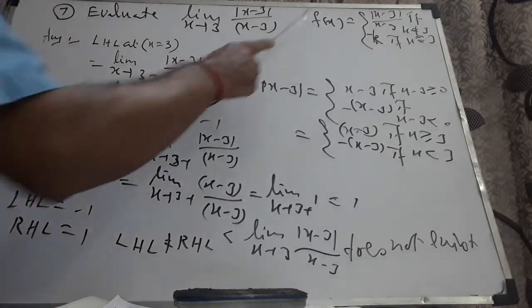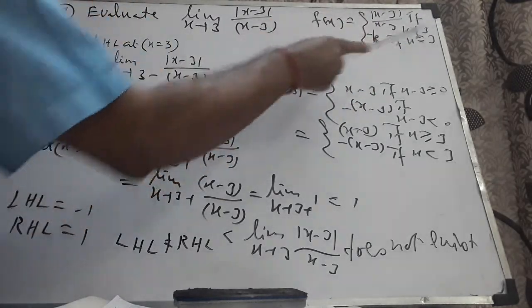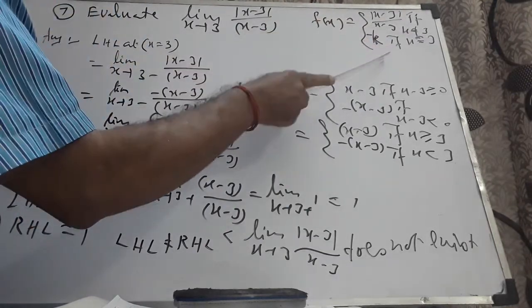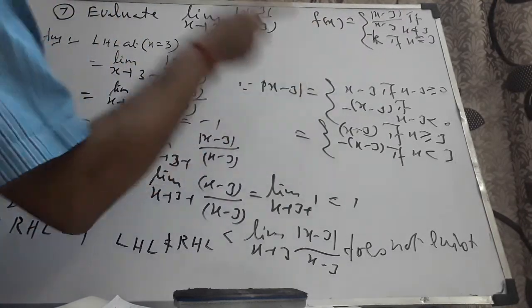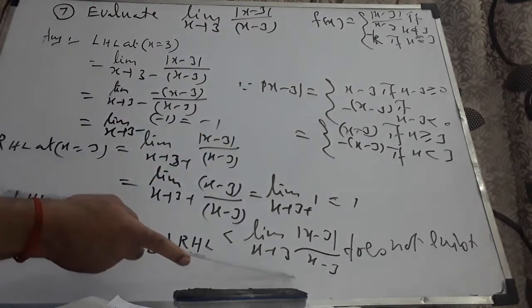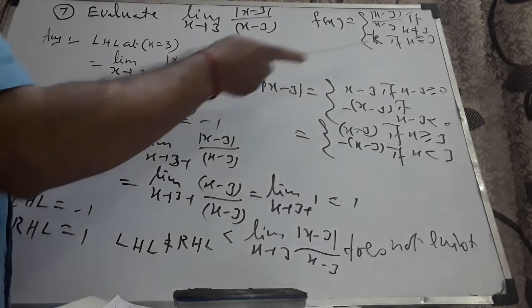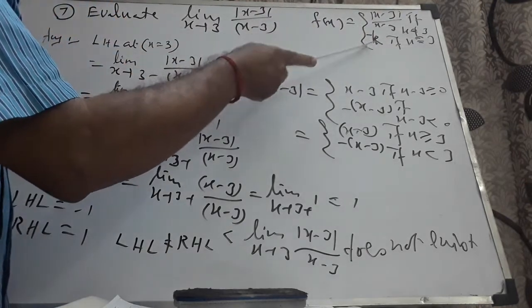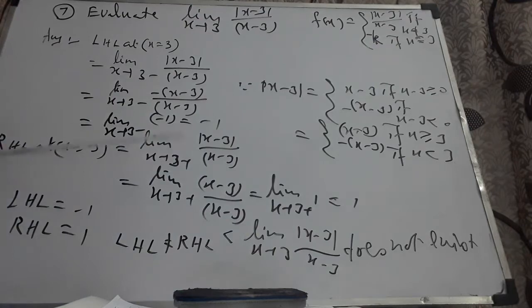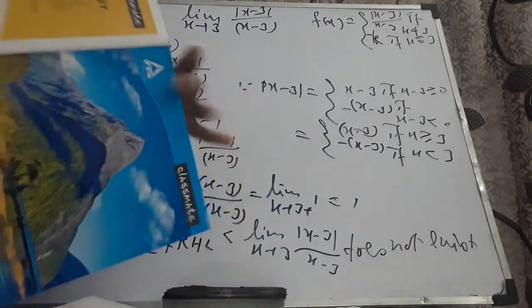If it's a problem given on continuity, the question may be given like this. If this is given, irrespective of the value of k, the function will be discontinuous, which I am supposed to show. Here the limit does not exist, therefore the function is discontinuous at x equal to 3. For whatever may be the value of k, it will be discontinuous. Therefore, we will give the conclusion: irrespective of the value of k, it will be discontinuous. That is the way it will normally be given.